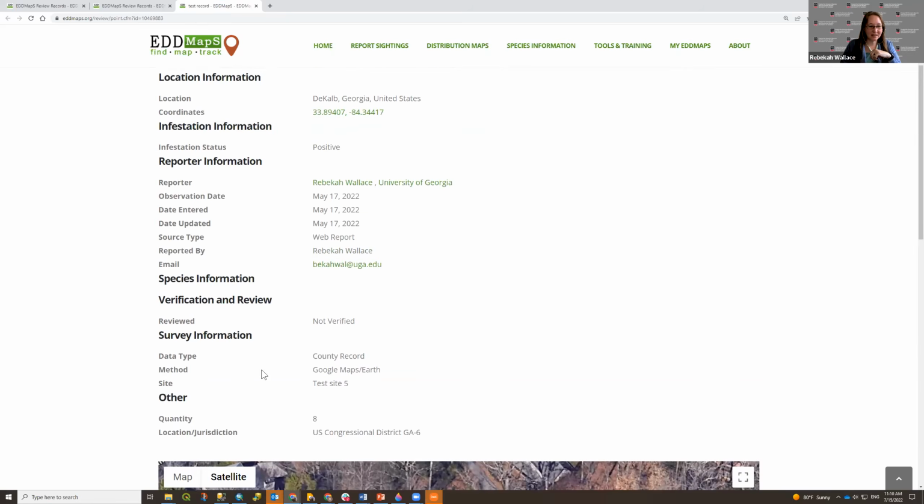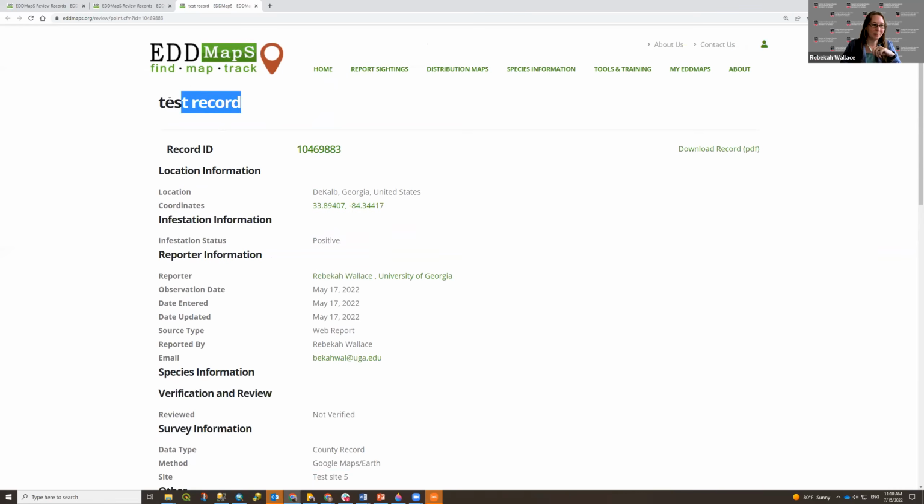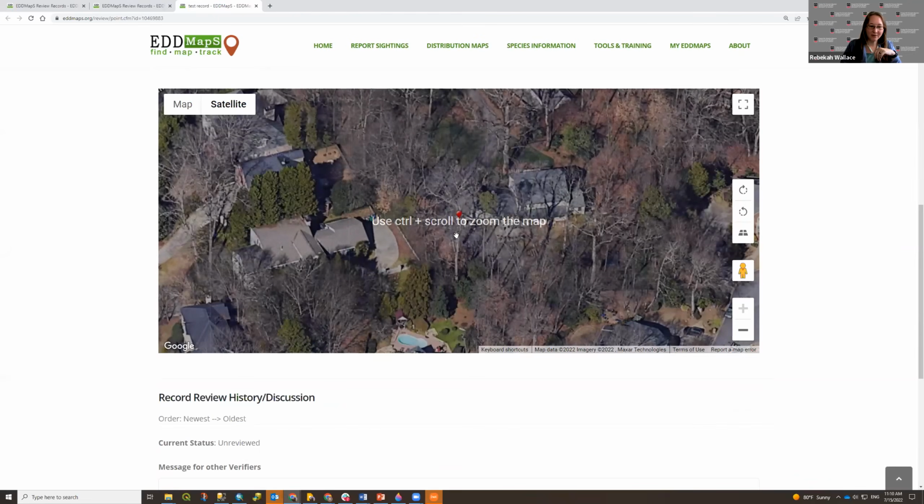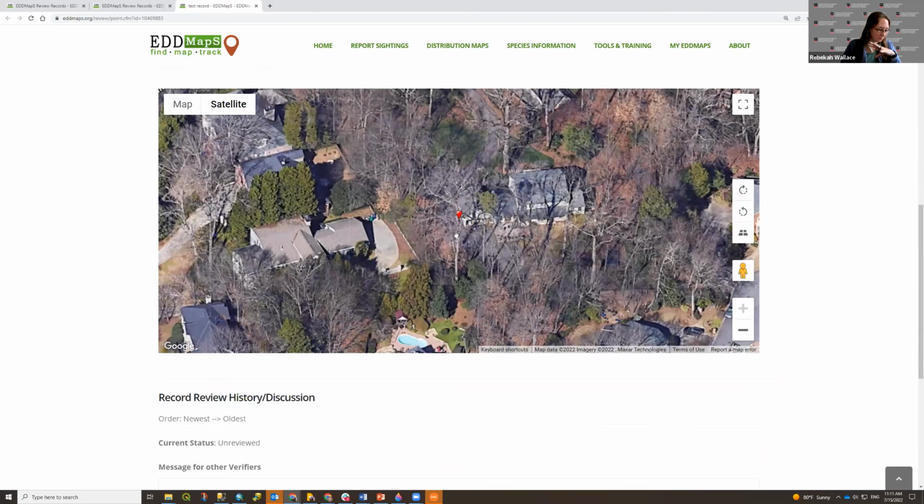In this case, I can see the additional information such as test site. This is also entered as a test record. And then here is the map. Again, if this were a private record, I would still see this map, whereas if this record were reviewed and made public, the map would not exist.